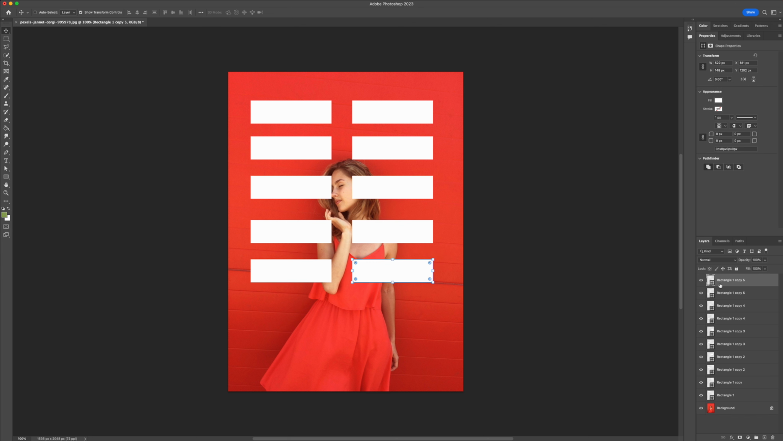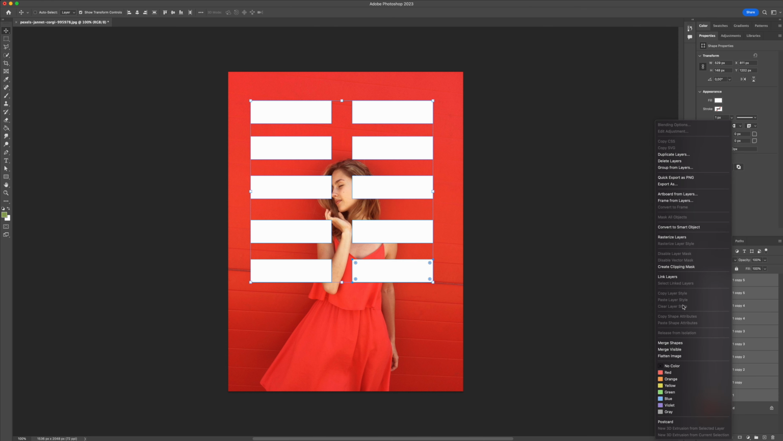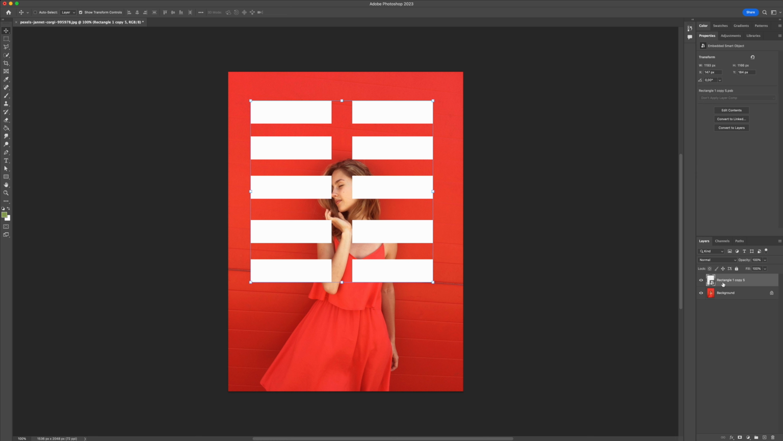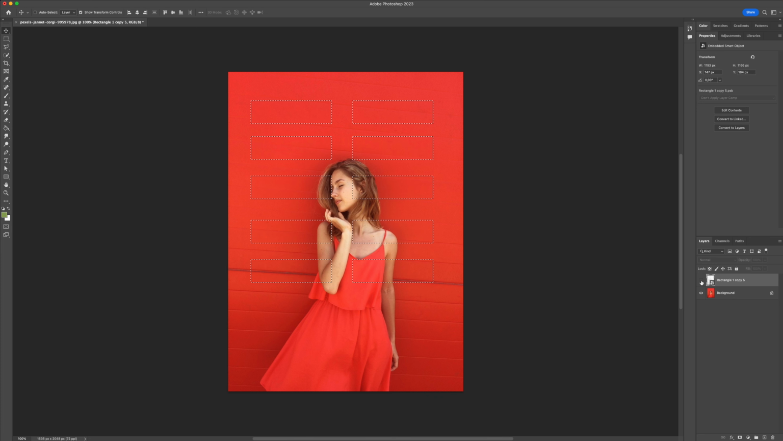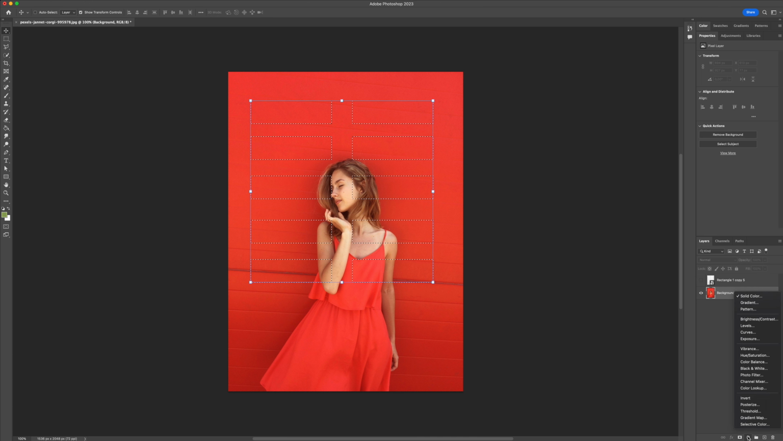Okay, then I will select all the layers here in the layer panel, right click and select Convert to Smart Object, and now I have everything into one layer. Now I will hold Command and click here in the thumbnail so that I can have the selection of everything, and I will hide this layer, and in between these two layers I will add the levels adjustment layer, and